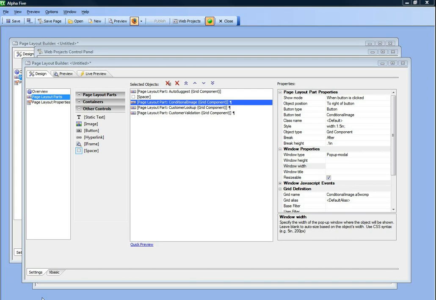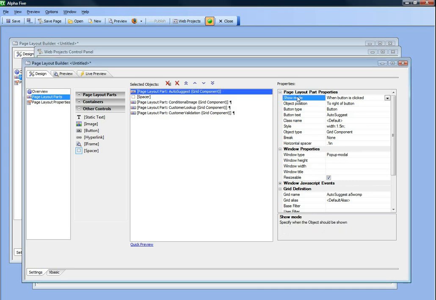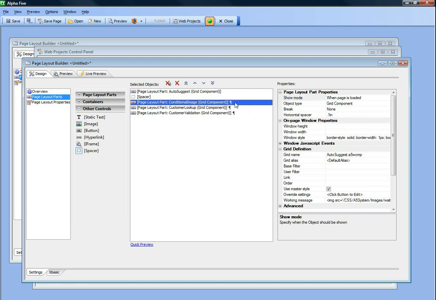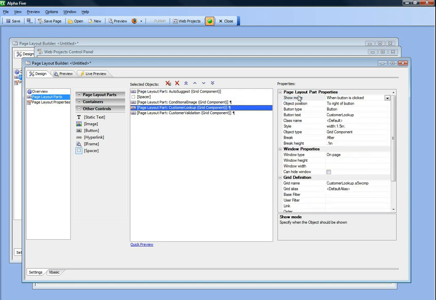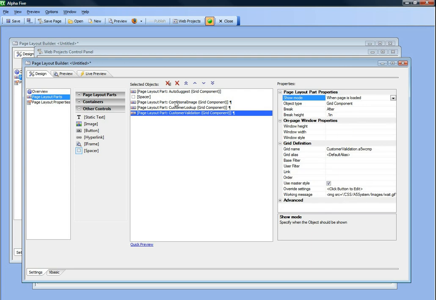In this video we'll carry on from the previous video. In the previous video we had placed 4 grid components on a page. Now what we'll do is insert some container controls, like a tab, that will contain our components. So let's set these all to when page is loaded. When page is loaded, when page is loaded, and then when page is loaded, let's remove